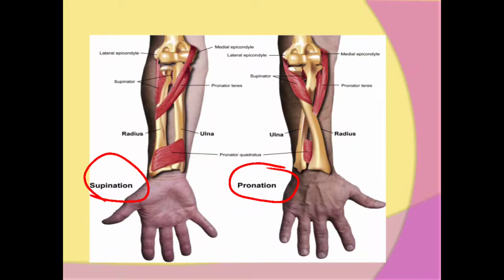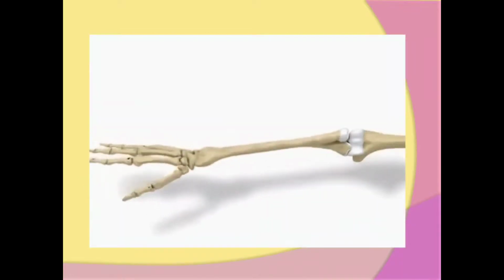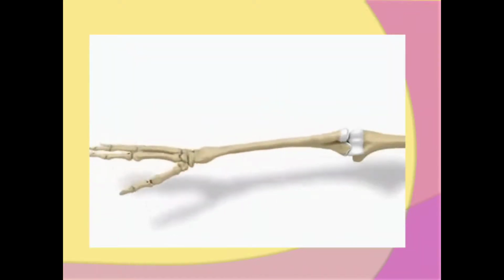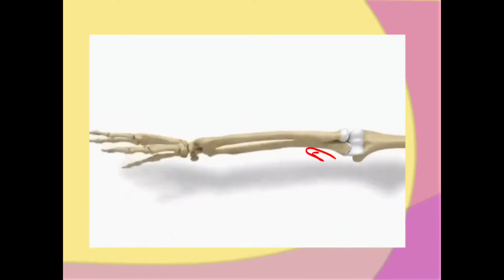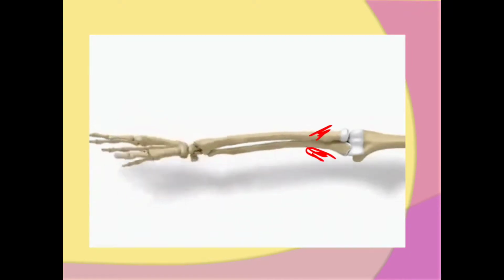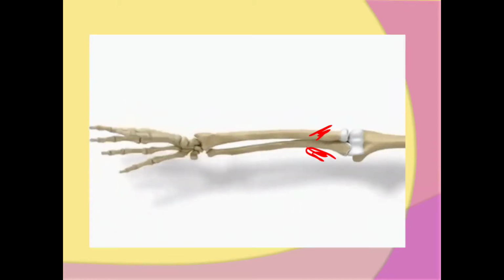So the pronator turns the palm downward, and the supinator muscles turn the palm in the upward direction. Now I will show you in this moving image. Here I have shown just the bones, but here are the muscles present in this region, the supinator and the pronator, which are important for moving this arm downward as well as in the upward direction.